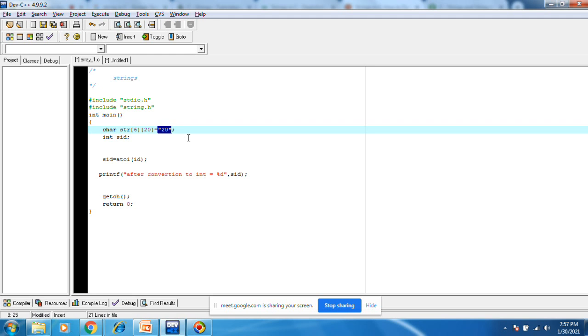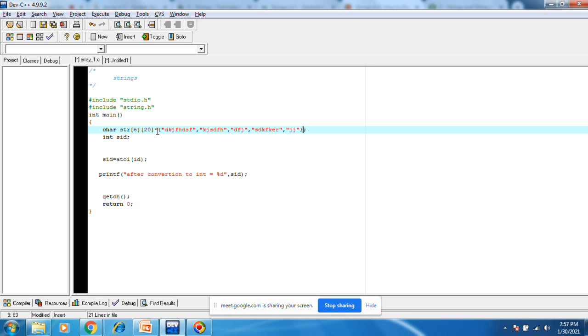Now, two-dimensional string. This is called a two-dimensional string.